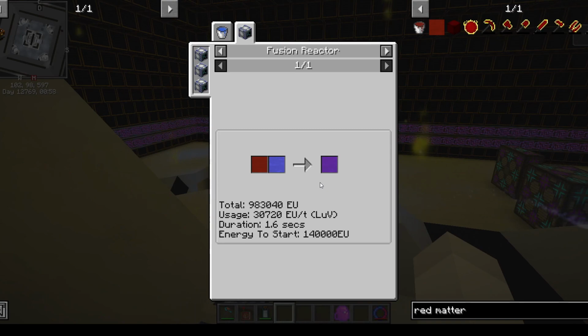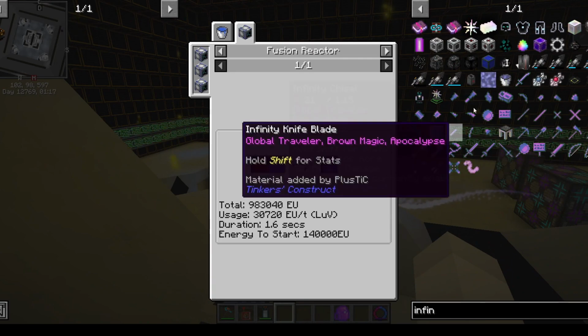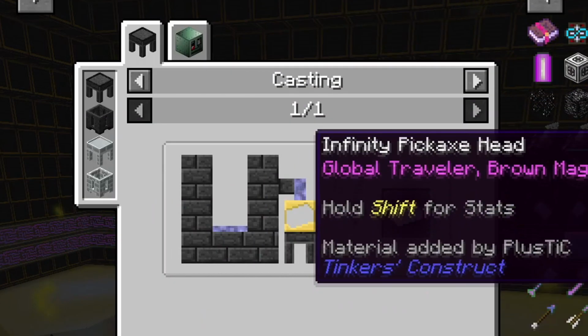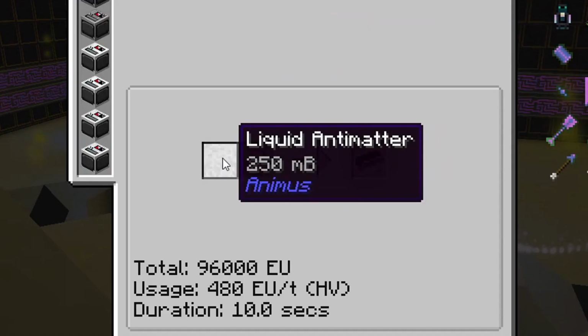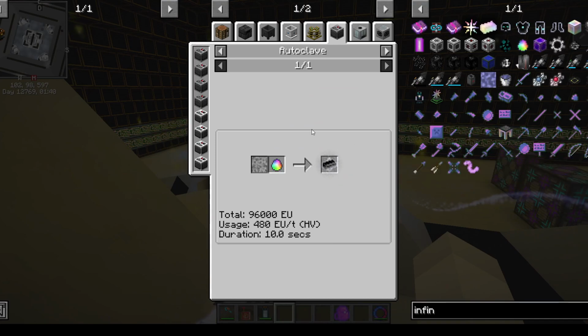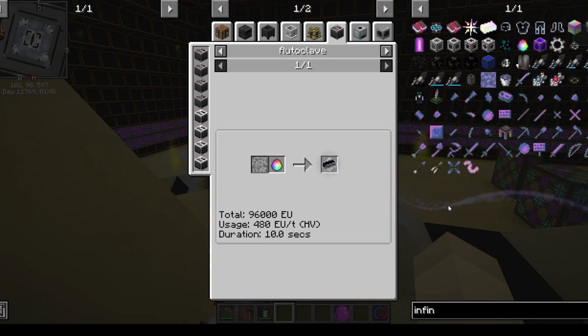But if I end up making the creative key, we can probably skip this. What we will really end up focusing on then is this. So we're going to automate this setup. Okay. And then we're going to automate this setup, so that we always have neutronium. And we always have